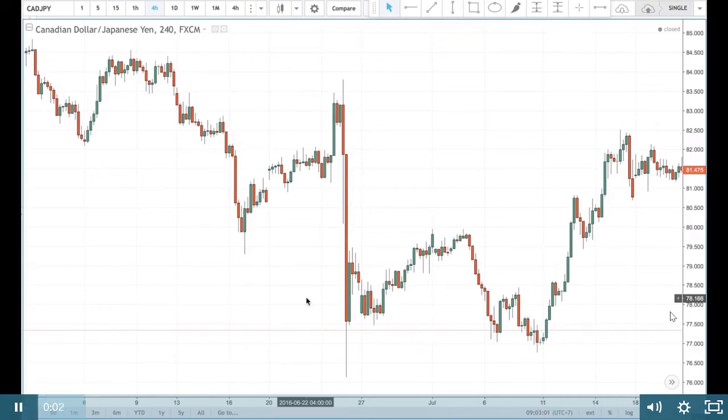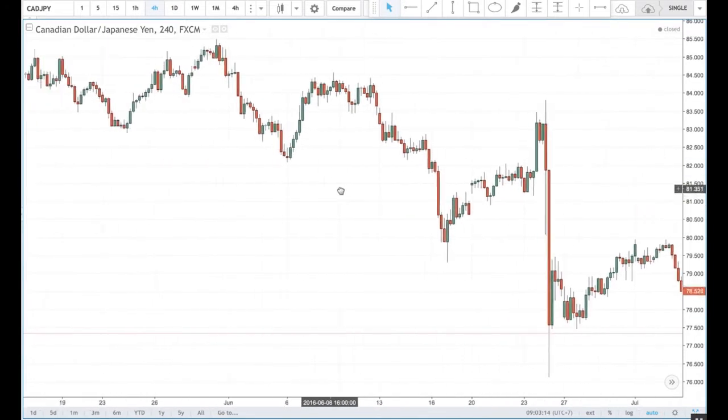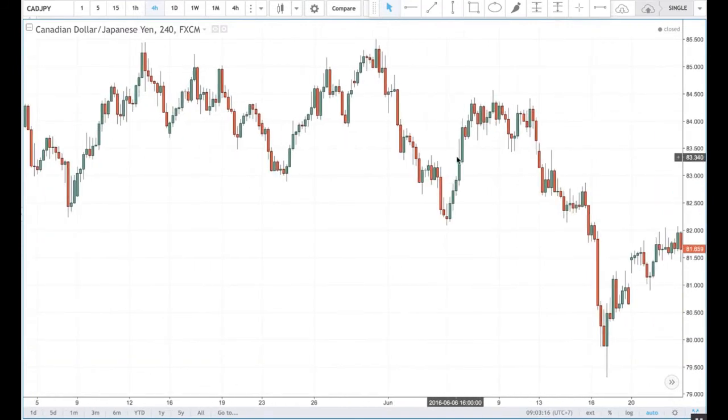Okay, so let's take a look at Canadian yen on the 4-hour charts here. Now, I'm going to throw in a tricky one here. This is also a trend. This is a downtrend we're working with. As we're looking at a downtrend, let's first look into where the downtrend began, and it began somewhere in